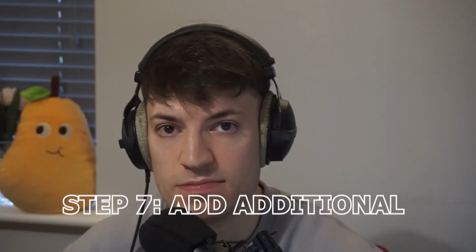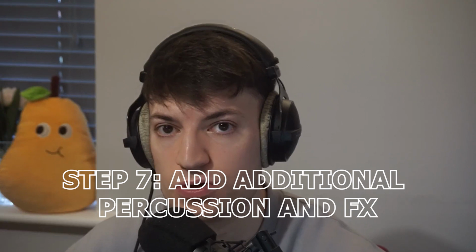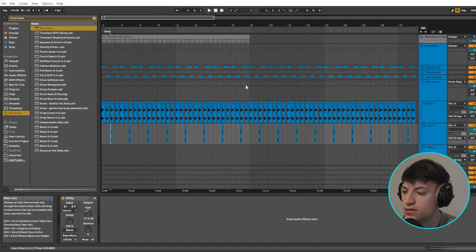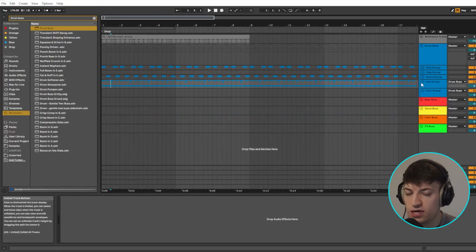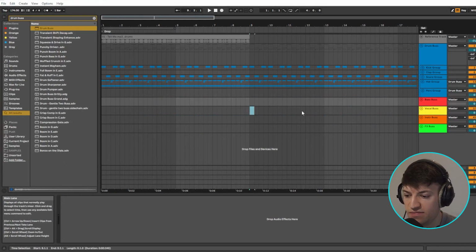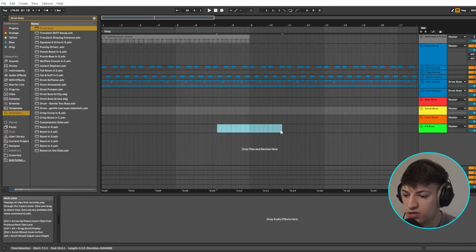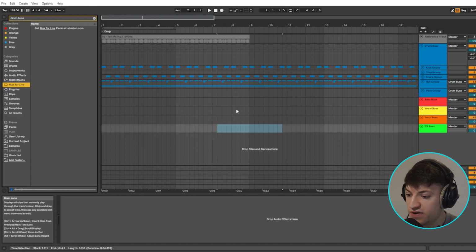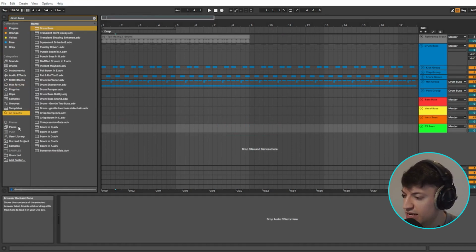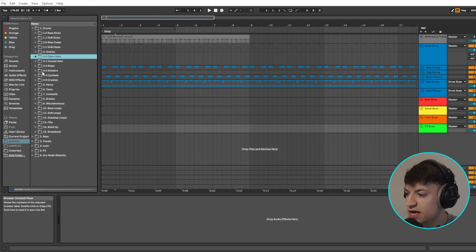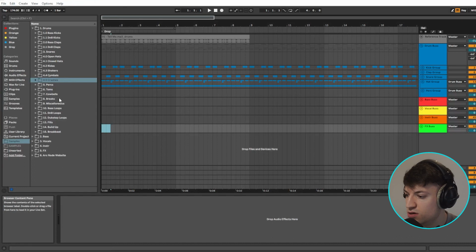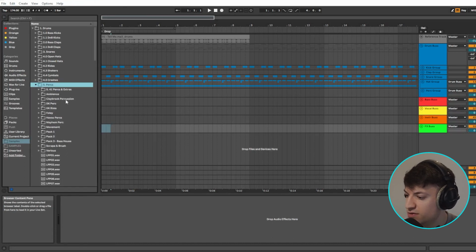So now we've done that, step 7 is about adding additional percussion and effects. But it's not really possible to do that until you've added the bass and any vocal phrases and any instruments going in. Once you've added all that in, what you can do is find little gaps and then add in different things. So you could add in like a shaker or like a crash at the start of the drop if you think it needs it, or different types of percussion, which you can see all down here, or a tom,